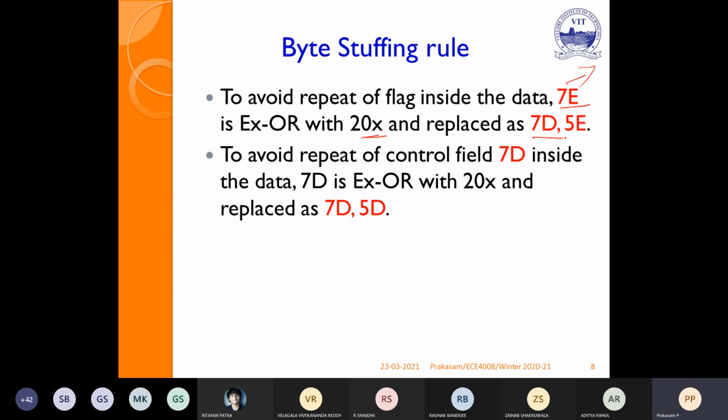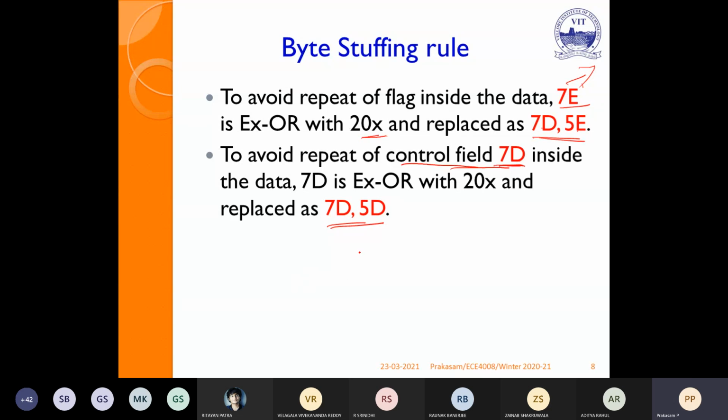You will get 75. So now, if you replace 7E with 75E, then the control field 70 will also get confused. So 70 will be replaced by 75D.